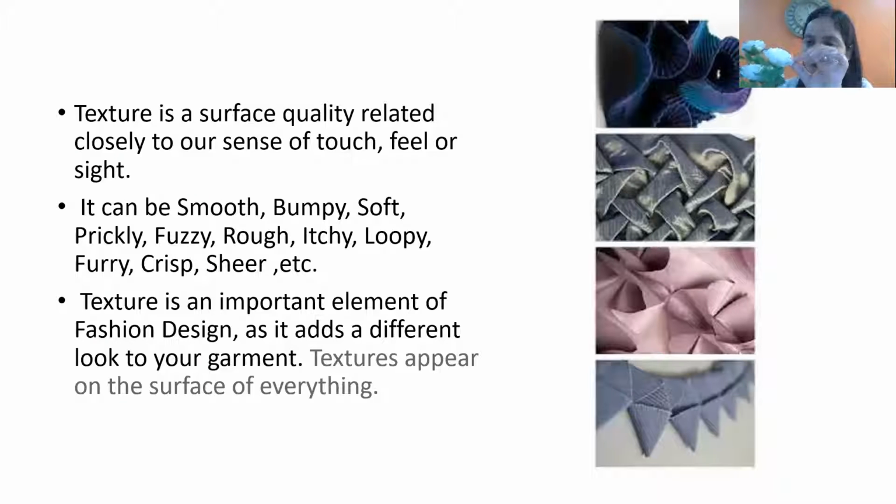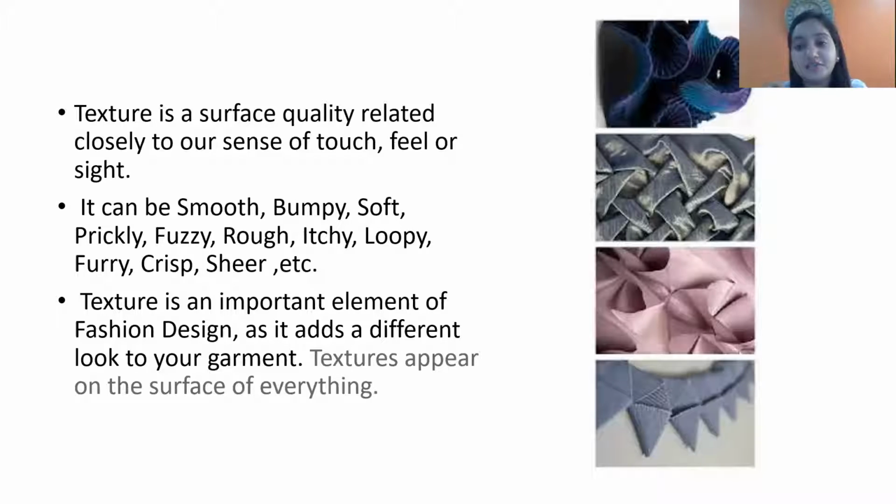If you're looking at the top, you can feel a very fuzzy, very soft texture of the flower. But if you're looking at the leaf, you have a very prickly or spiky texture. And if you're looking at the base, you can find a very shiny texture. So all these different textures are present in each and every object, whether it is a fabric, your food, or any object. I believe that texture is a very important topic, and a lot of questions are asked related to texture in your entrance exams.